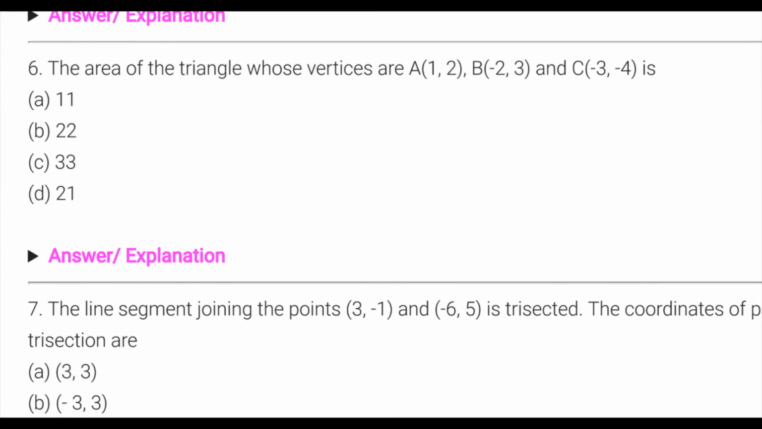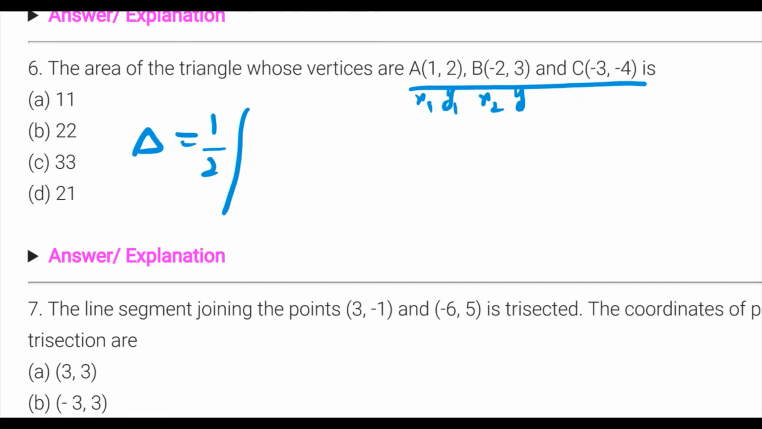Next question is the sixth one. The area of the triangle whose vertices are A, B and C is. So apply the area of triangle formula. Delta equals half of the determinant of x1 y1, x2 y2, x3 y3. So this is